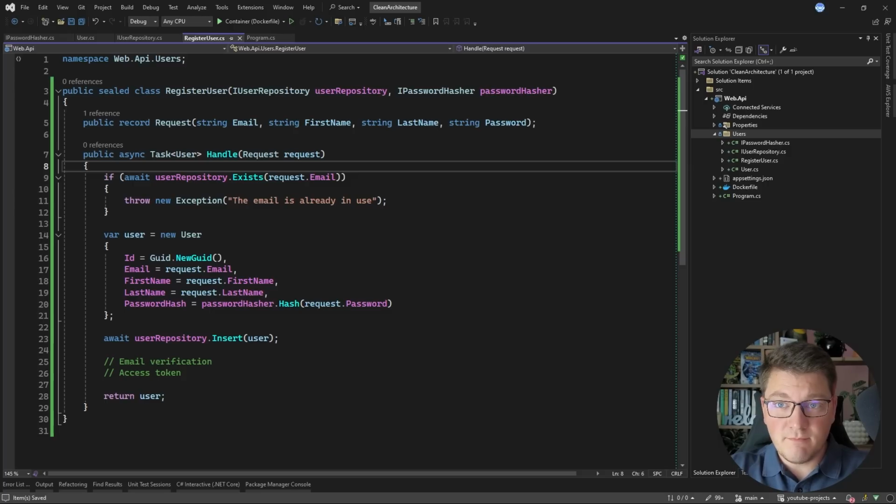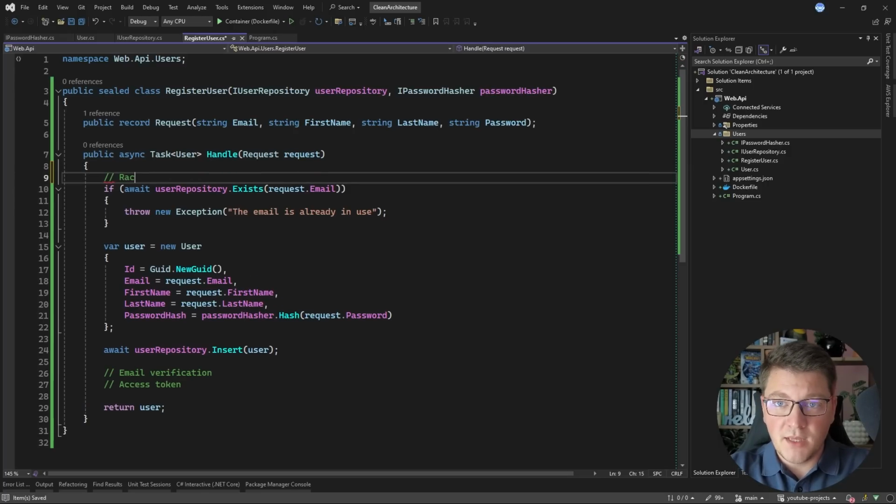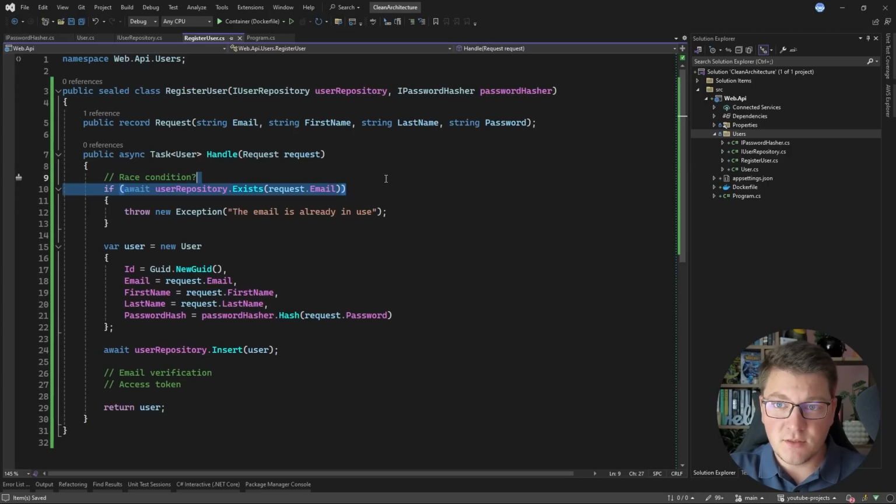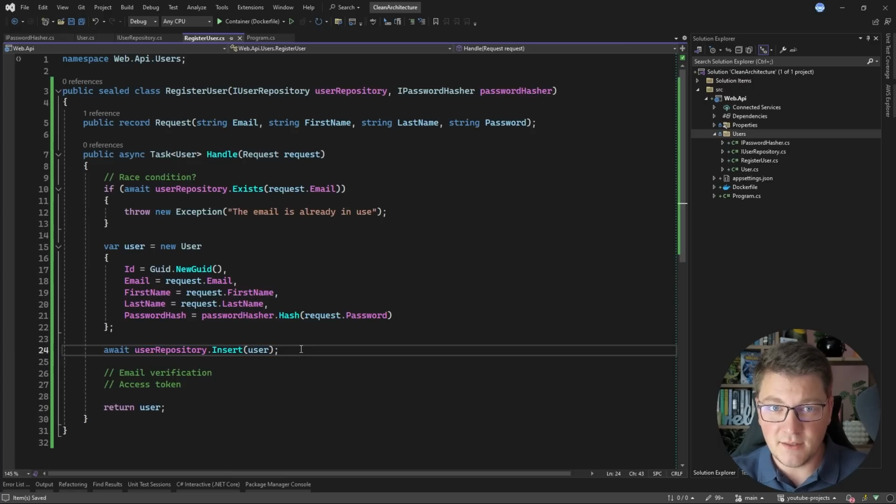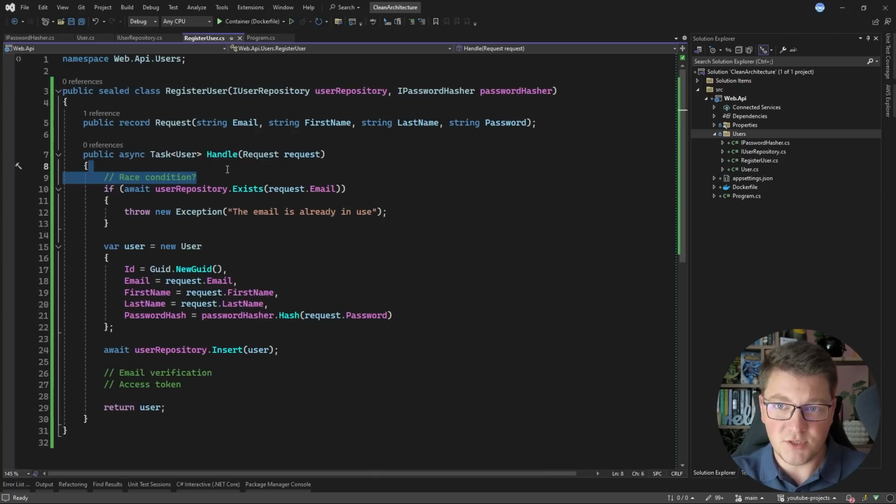Another issue that we might have with this implementation is the possibility for a race condition. If we have concurrent requests checking if the email is available, they could both succeed on this check and then proceed to create a user and insert that into the database. At this point, we would have an invalid state in the database. So there are two ways how you could solve this. One approach would be to introduce a lock before beginning the handle method, which would reduce the concurrency of your system. Another approach could be to define a unique index inside of the database, which is something that I prefer,